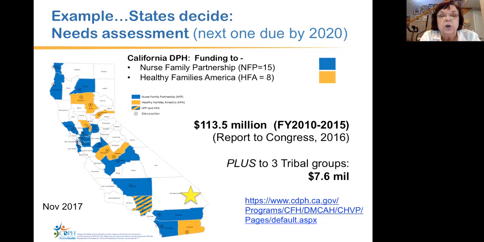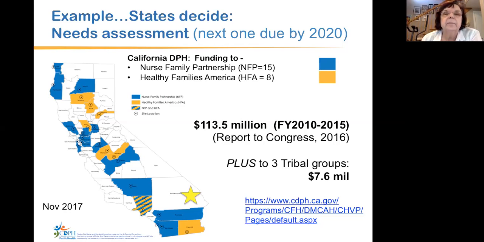And so people could only choose from those 11 models. Well, our model, the Early Intervention Program, was the 12th one that came in 2011 after the money had been distributed. So, in general, it's the groups that were early in on the funding that have been able